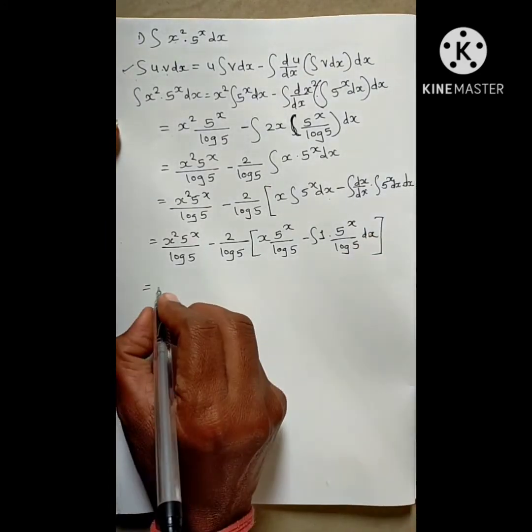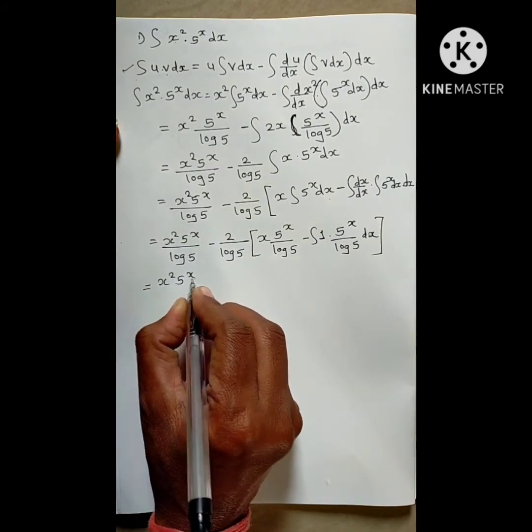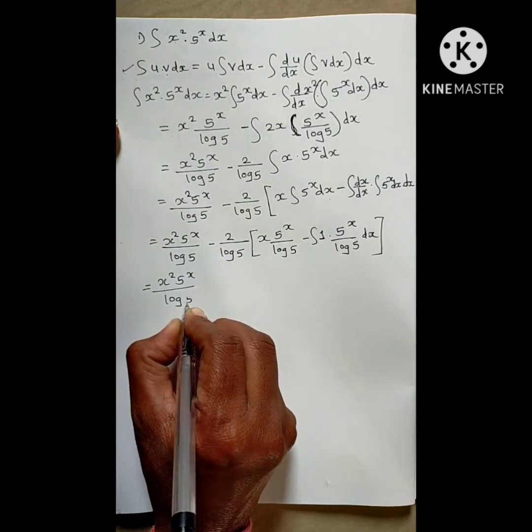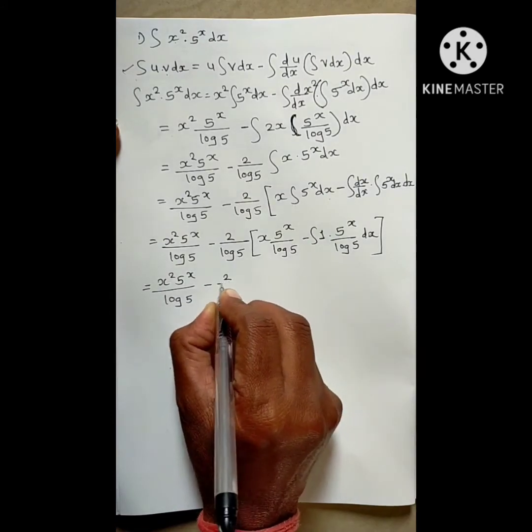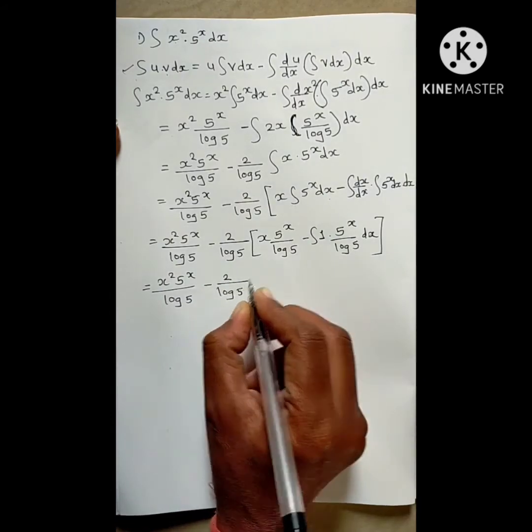Bracket complete. x square 5 raised to x by log of 5 minus 2 divided by log of 5